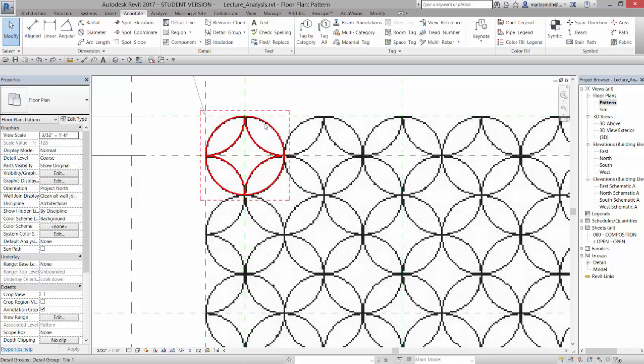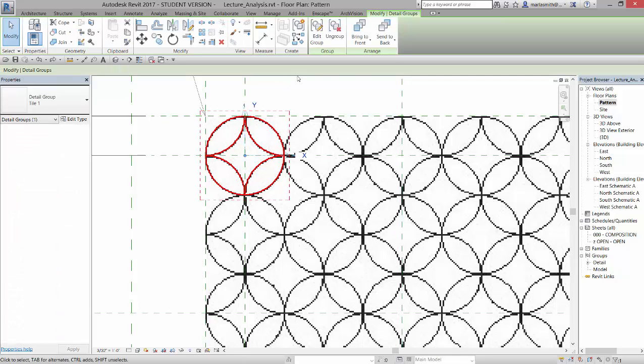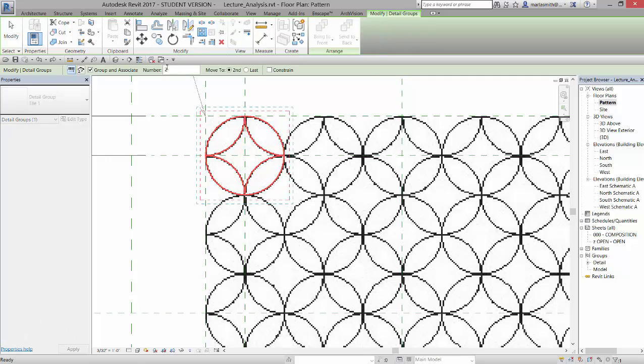And if I select this object, it will give me the contextual tab. On it is the array command. So if I pick array, there are two kinds of array. There's a linear array and a radial array. There's a group and associate, which I'm going to leave checked, and it's giving me a number in the array,